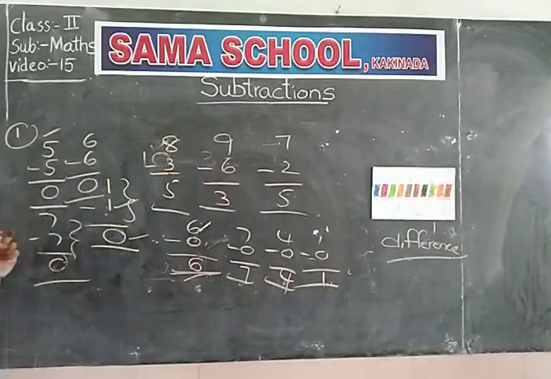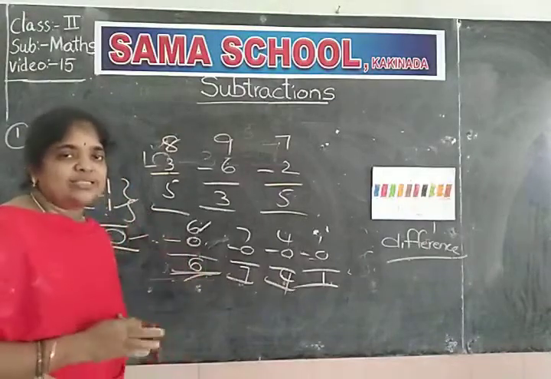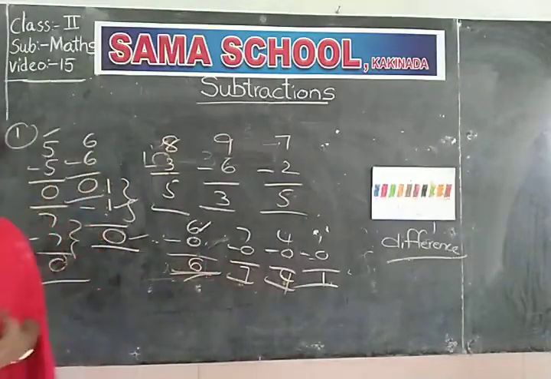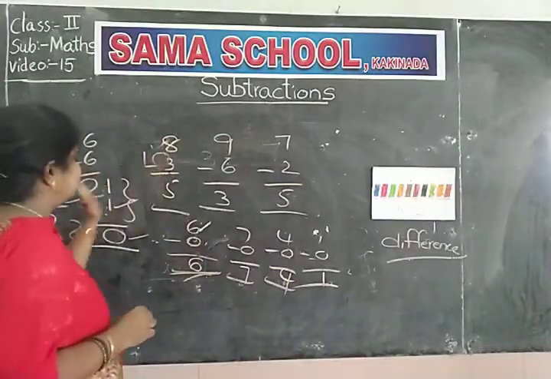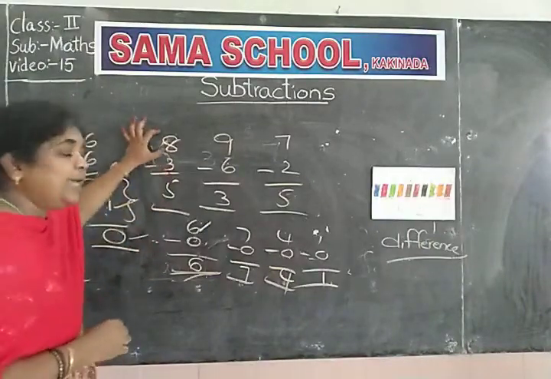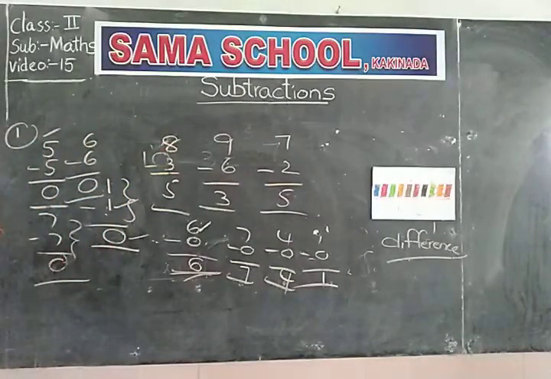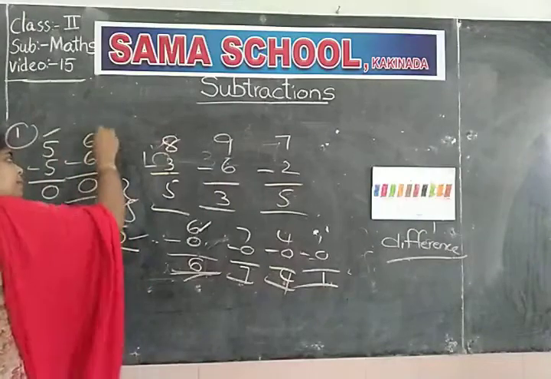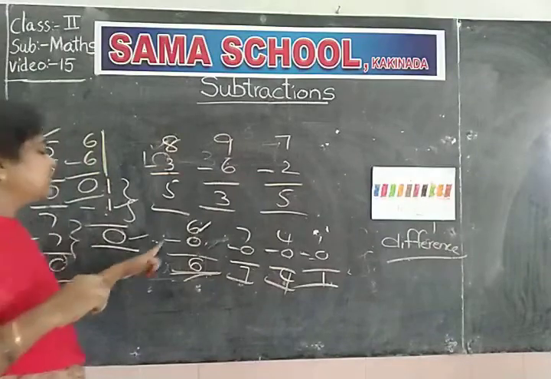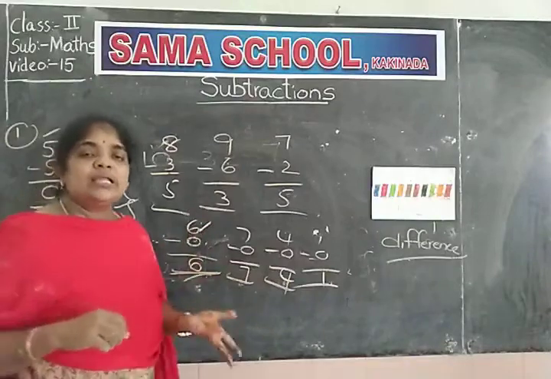Once you observe all these, sum up: subtraction is nothing but finding the difference, or finding the leftover quantity of things or persons. See all these three models you observe. We can subtract a small number from a big number. Another one is we can subtract a number from the same number, and we can subtract 0 from any number.